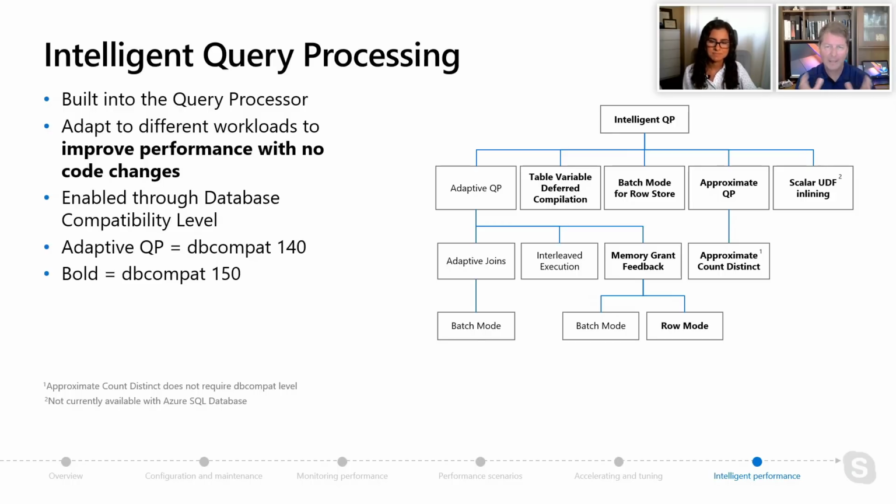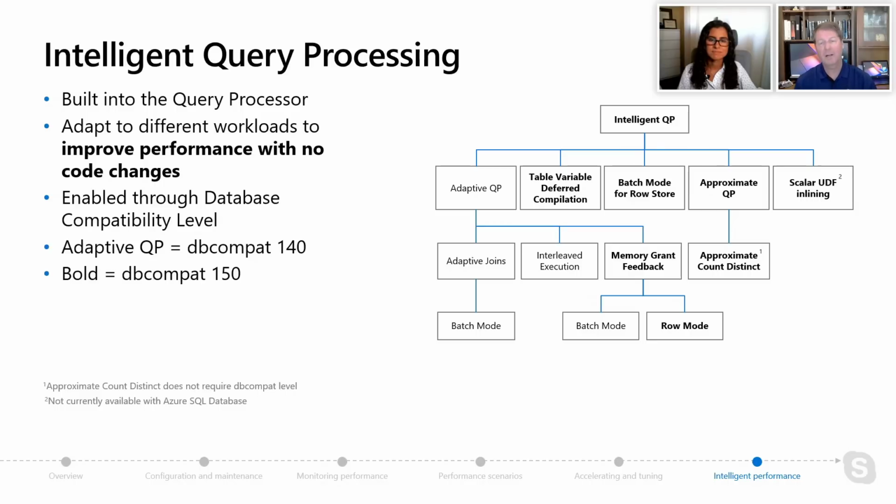And the way you light that up is it's not a feature. You just go to the latest compat level, and internally the workloads that you run are going to get faster. So don't think of something that you go pick in the portal. You just change your compat level behind the scenes, and we're going to try to make your workload run faster. And Anna, in the SQL workshops resources that we've pointed people to, there is a whole set of labs in SQL 19 that you can do to try this out. And all that stuff applies to Azure.